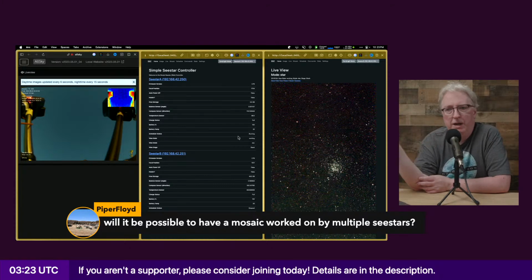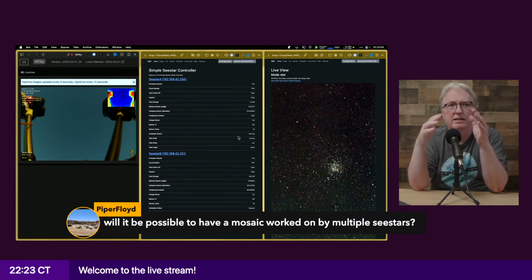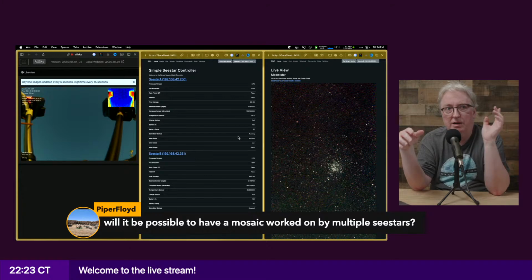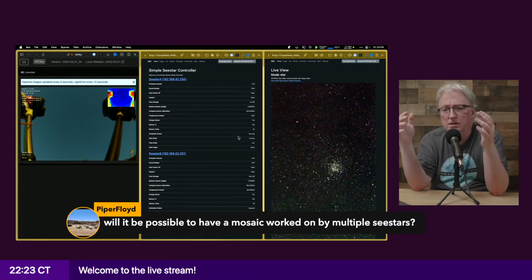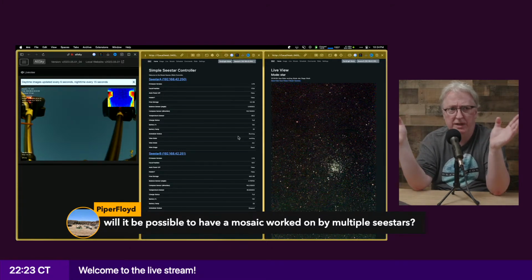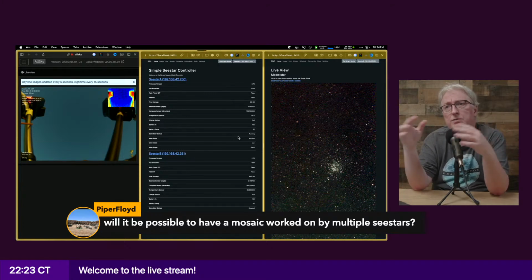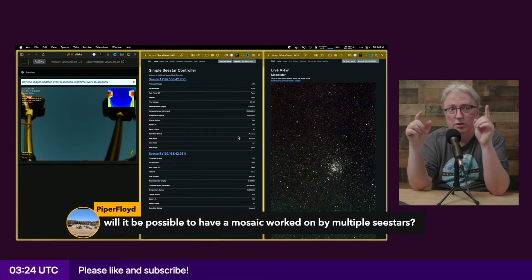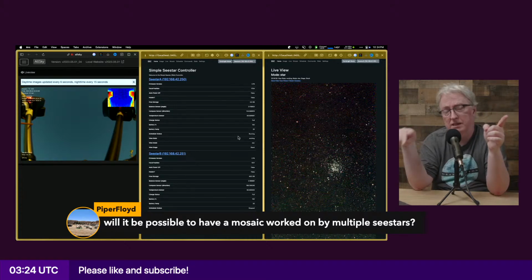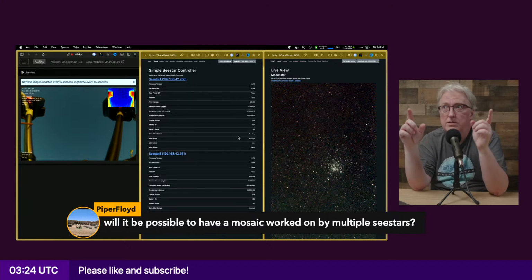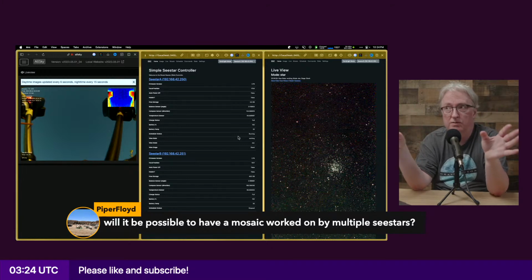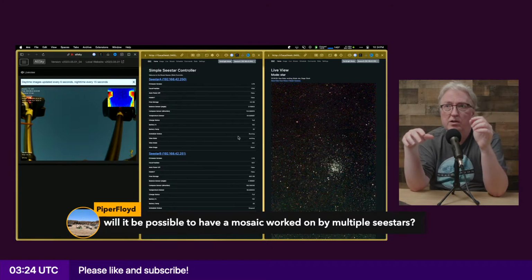You can specify which panels to image. So you define like a 3x3 panel and just say which ones you want to do. The reason for doing that is if you've had failures, like you had some clouds come through and two of your panels failed, you can rerun the mosaic with the same definition and say, okay, I only want to run the first panel and the last panel in the series. So what you could do is load the same mosaic definition into two different Seestars through the ALP software.